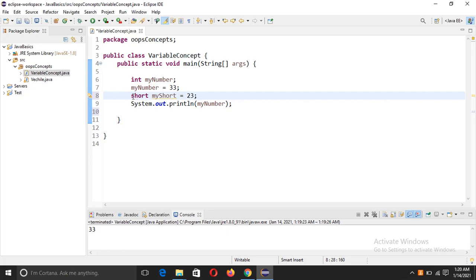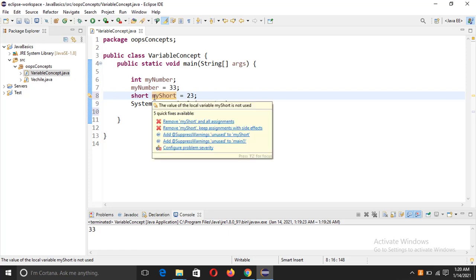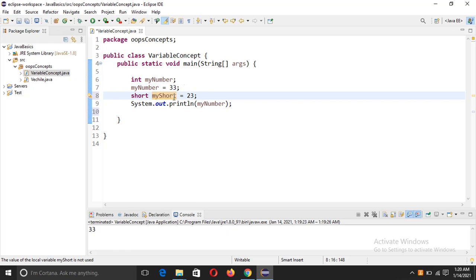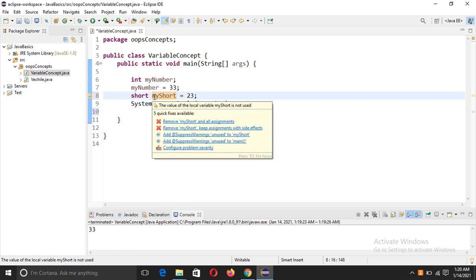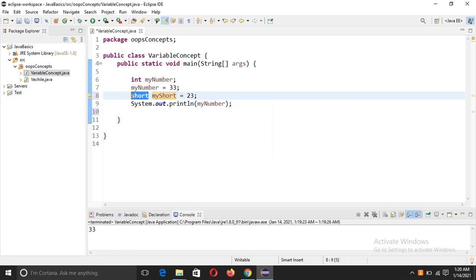The short data type capacity is 16 bits. This my short is a variable name, and I am storing this 23 value in this my short variable of short data type. This short data type capacity is 16 bits in Java, so it is basically used to store very small values.